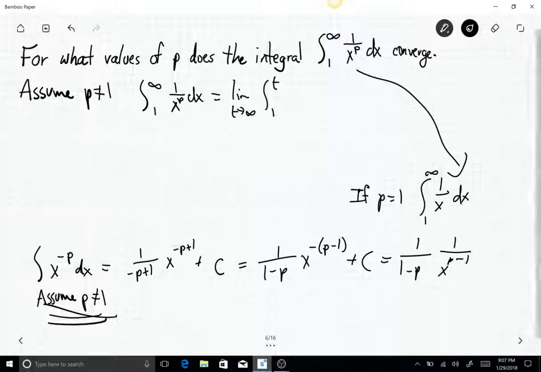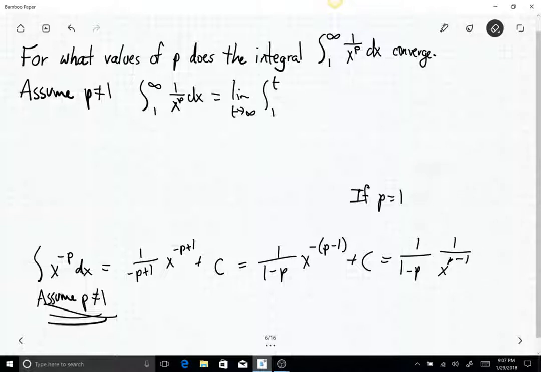If I plugged in 1 down below, notice I get negative 1 plus 1 and 0 in the denominator. Yeah, and so the natural log, that's exactly right. So the natural log is going to be a problem as well. So I'm just tossing it to the side. I'll make sure of it a little bit later, but for right now, we'll deal with the main chunk of the problems. And we'll talk about domain and all that stuff a little bit later in terms of like Laplace transforms and things like that. So this thing equals 1 over x to the p dx, and we just found that that antiderivative is